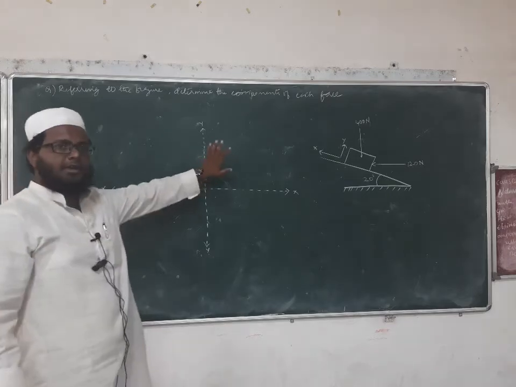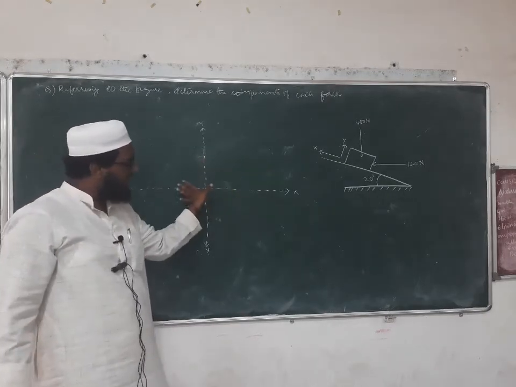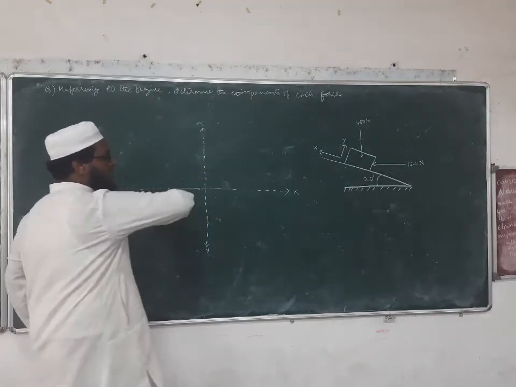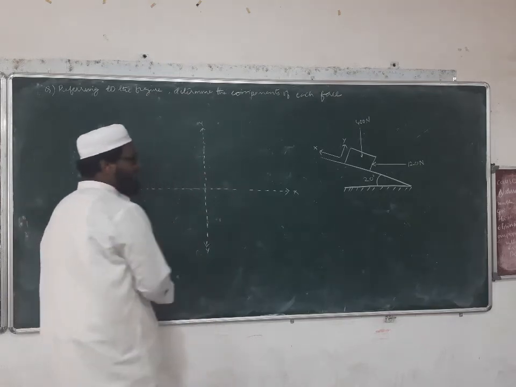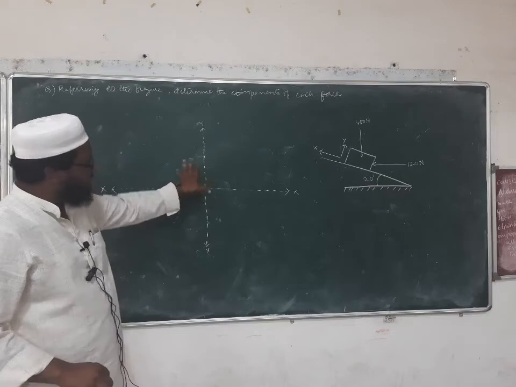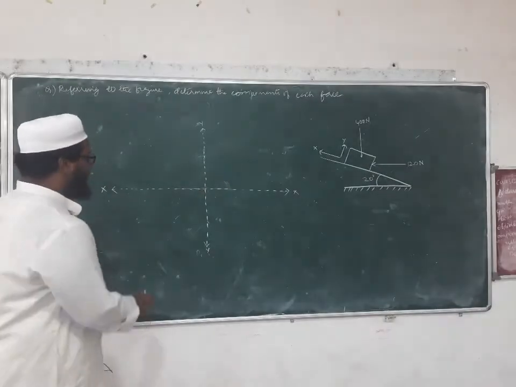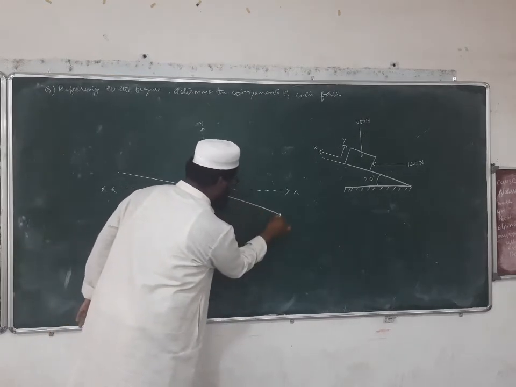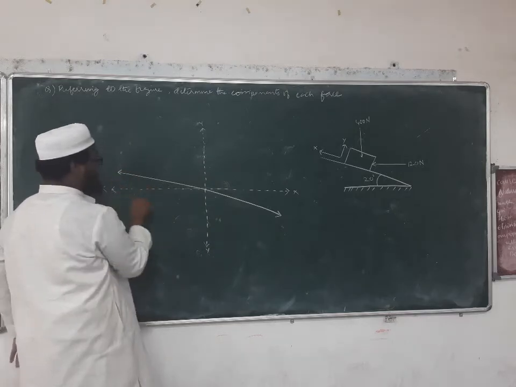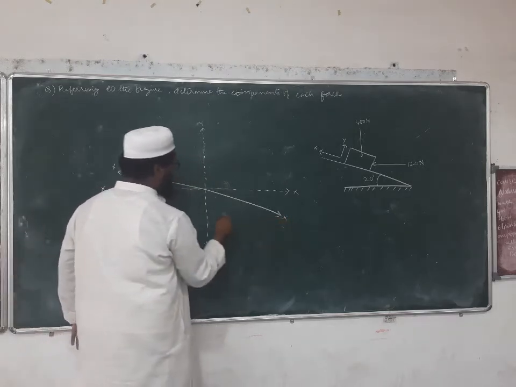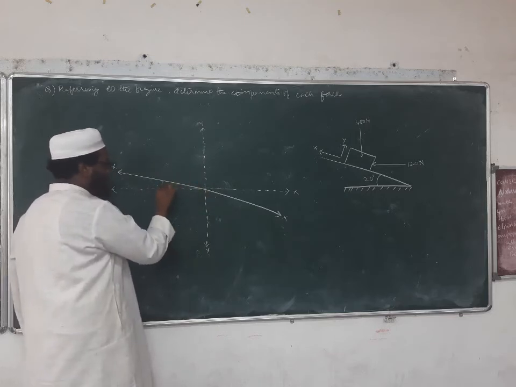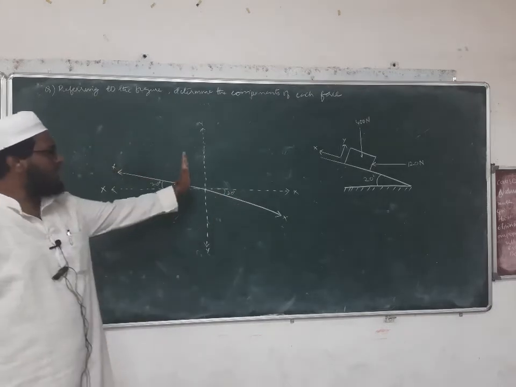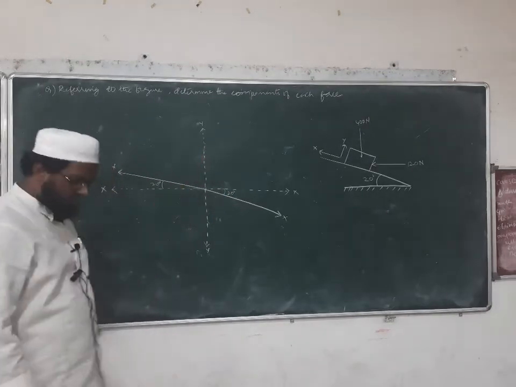Okay, this is how we write, but according to the problem, the x and y axis is actually rotated by 20 degrees. How many degrees is mentioned there? 20 degrees. So I will try to rotate my x and y axis by 20 degrees. That means I will rotate clockwise. 20 degrees is very small. So this is my x axis, which is rotated by 20 degrees. So here also it is 20 degrees, and here also it is 20 degrees. What will happen to the y axis? The y axis will also get rotated by 20 degrees, isn't it?